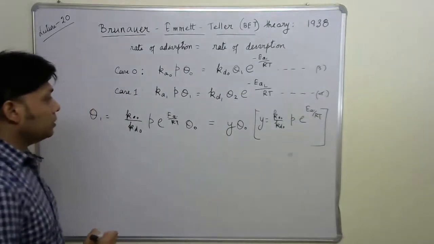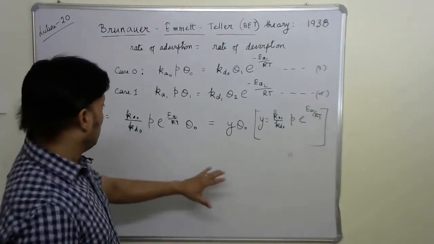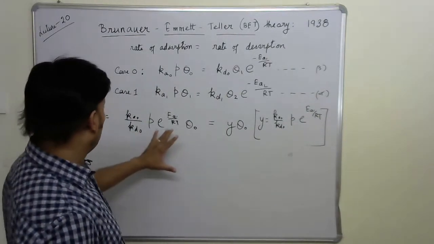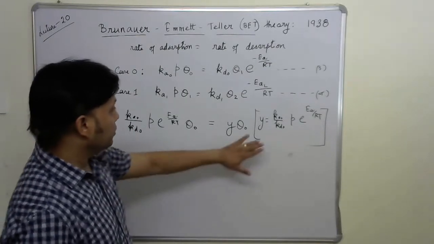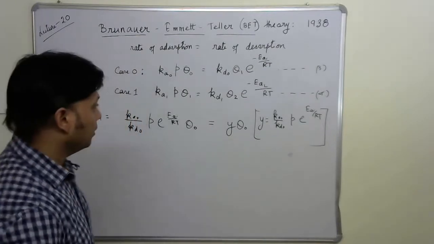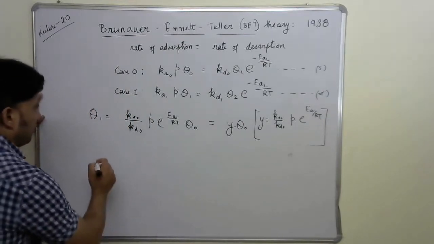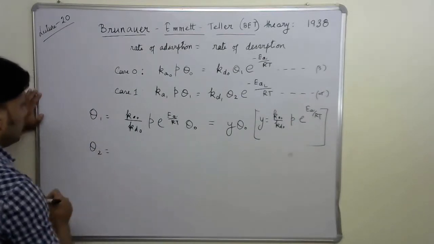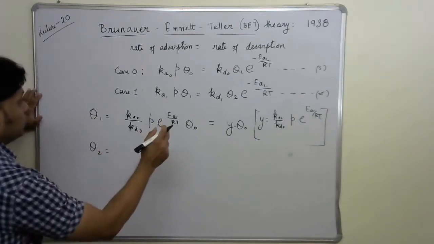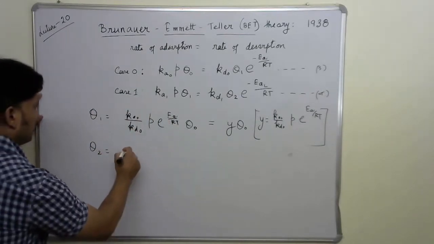All right. So okay, exactly. So this is the value of y. No problem. So then we are going to write the expression for theta 2. So the expression for theta 2 then becomes once again